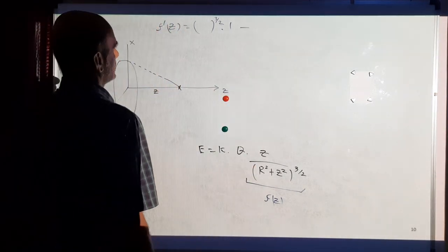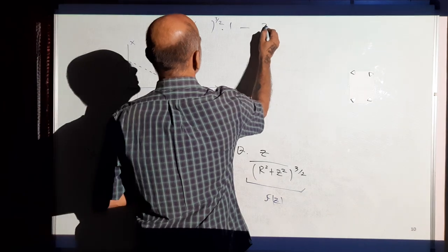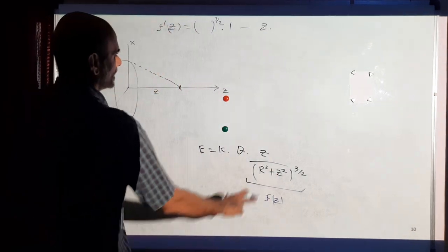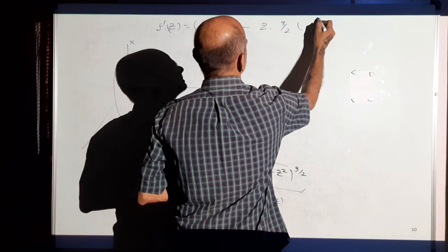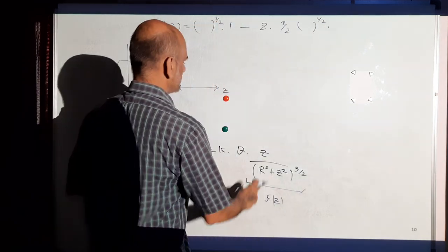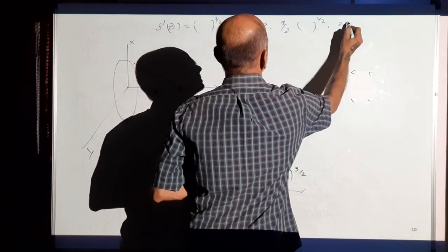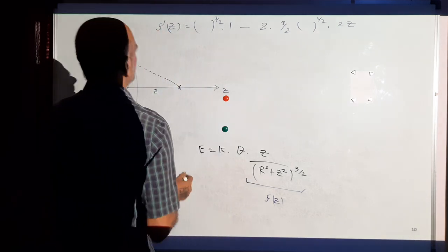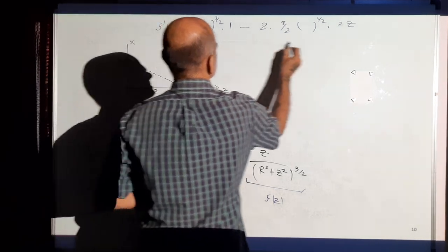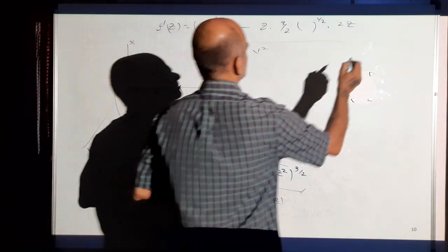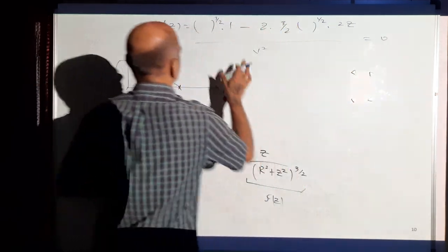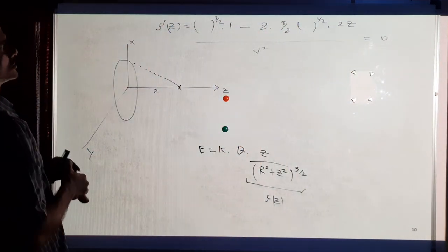Minus u into the derivative of this with respect to z, that is 3 by 2, this raised to the power half, into the derivative of this with respect to z, which is 2z, by the denominator, which is v square, where v is the denominator. This should be equal to 0, so the numerator has to be 0. So from this I'll get